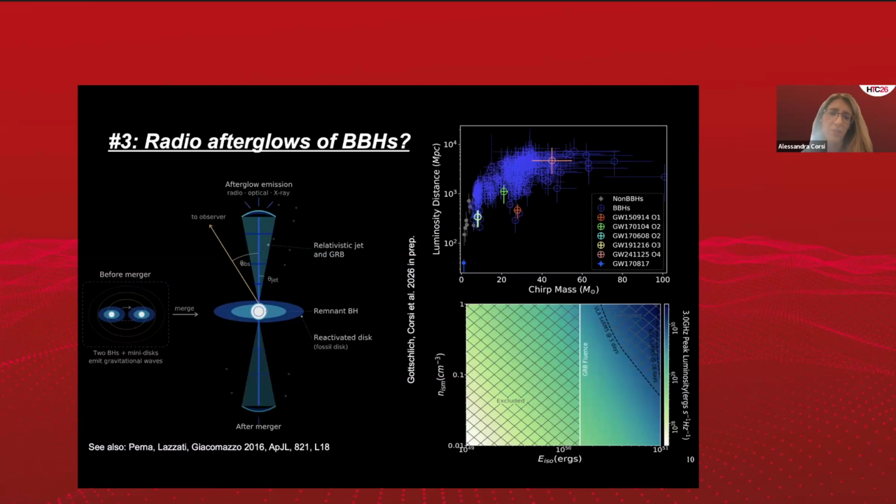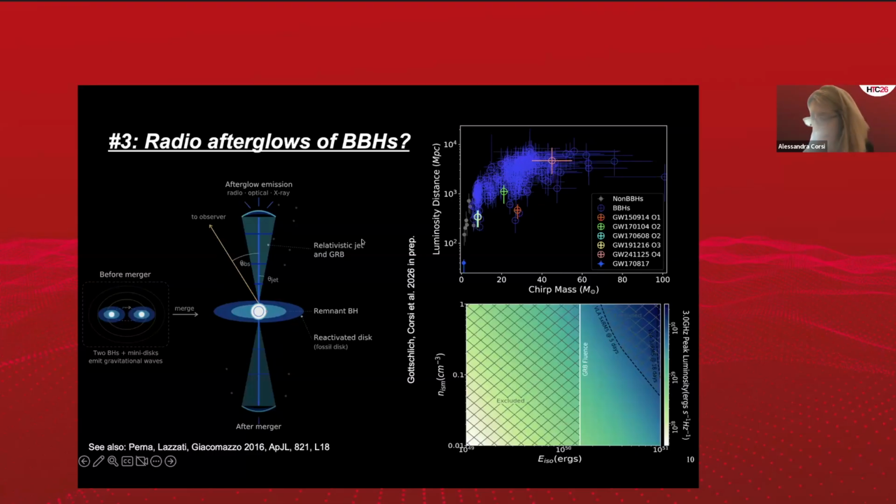Now, why are we talking about this? It seems like a very low probability thing to happen. But the reason why this has gained interest is particularly indicated in this right-hand side plot. You can ask yourself, if you look at all of the binary black hole mergers in terms of chirp mass, taken as a measure of how heavy they are in combined mass, if you look at all of the ones that have been detected so far, for how many of them has there been a claim that something like a jet, and particularly a gamma ray emitting jet, could possibly be there.